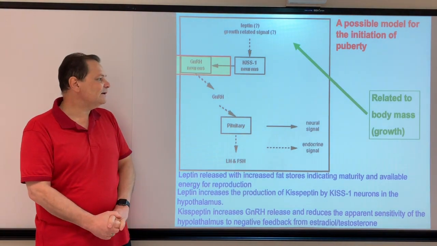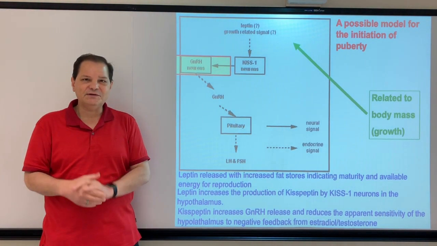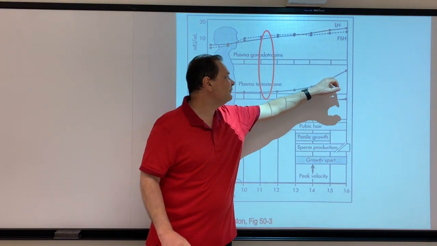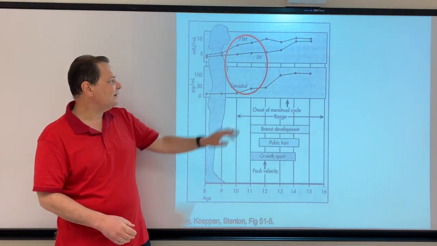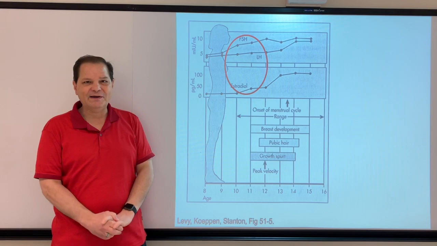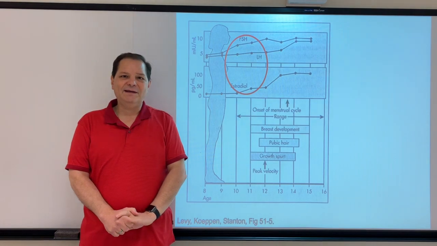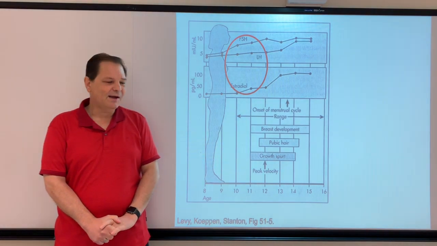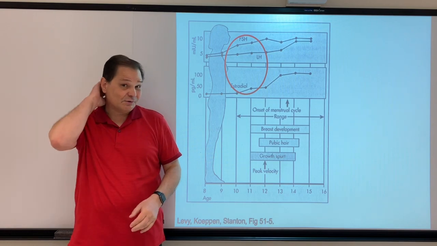And that's thought to be part of how you initiate maturity. In other words, that's part of the reason why you get this sudden takeoff in plasma testosterone in the male and plasma estradiol in the female. This kisspeptin is becoming more and more effective in terms of stimulating the release of GnRH and making testosterone and estradiol less effective at reducing GnRH, okay? And that causes that apparent decrease in sensitivity that you see in a figure that I showed earlier, okay?